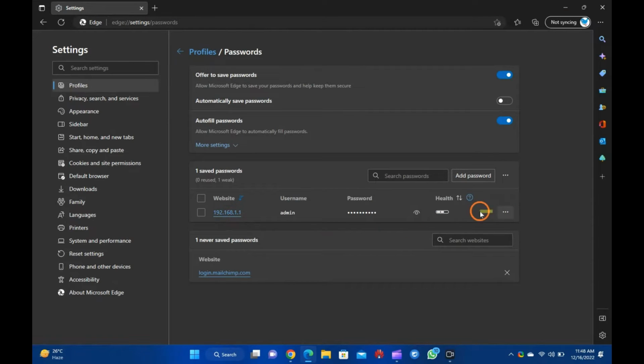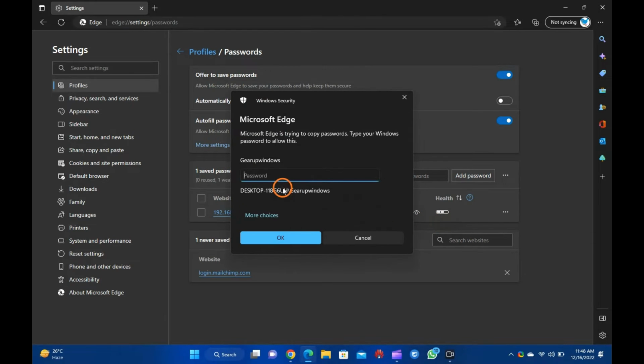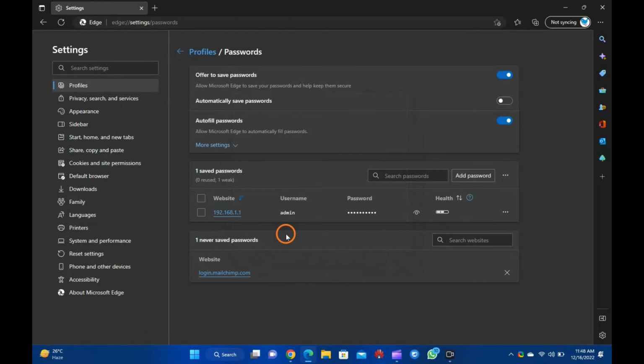On the Saved Passwords section, you can see the URL of the website, username, and password, which you have stored or saved during the visit to a particular web page. Next to the website URL, click the three dots menu to copy, edit, or delete the saved password in Edge. Once you click any option, copy password, edit, or delete, Edge will prompt you to provide Windows password to execute the task. You need to enter the current login password and click the OK button to copy, edit, or delete the password stored in the Edge browser.